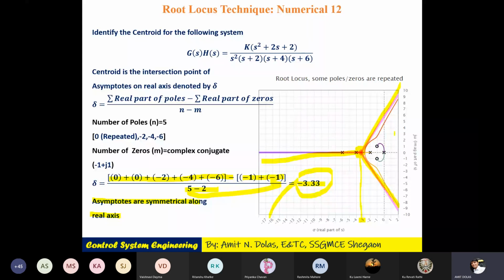So this is how we calculate the centroid, and this is its importance. Why is the intersection not here or here? Because there are construction rules by the